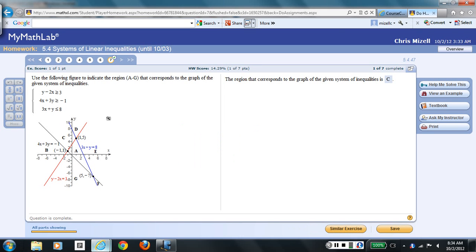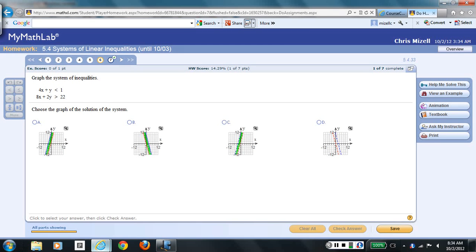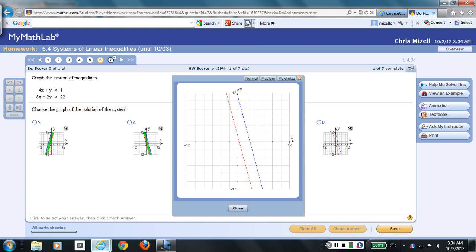And there are others, like problem 6. What if the lines are parallel? They don't understand. The lines themselves don't intersect, but there could still be some solutions. Basically, when you look at the test points, you could very well come up with, I mean, this was interesting to me. I don't know if the answer is D or not, but if these are broken lines and nothing is shaded,